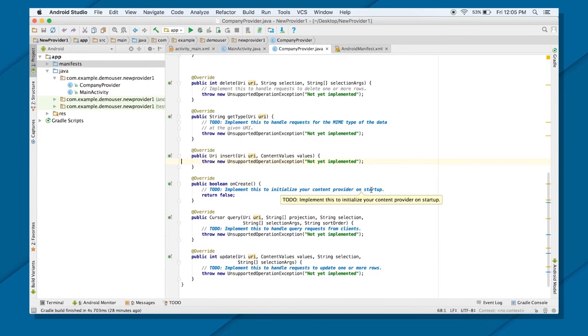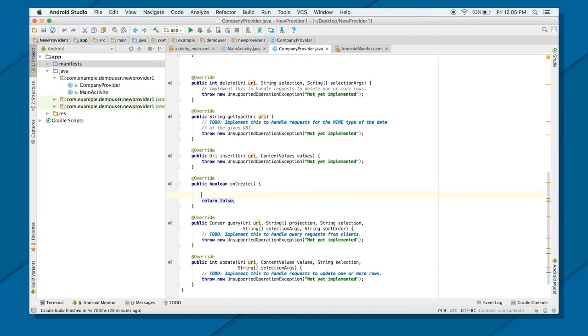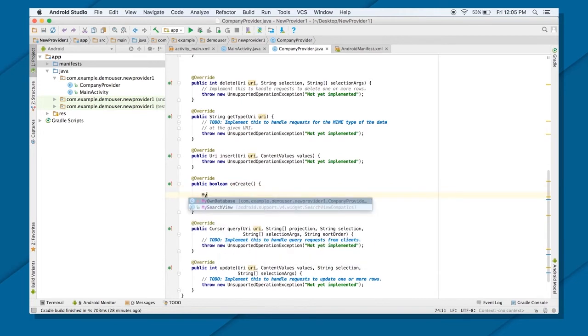So before inserting the data into my database, first thing I need is to create the database. So for that, I will create my own database, my DB, or let's say my helper equals new my own DB.